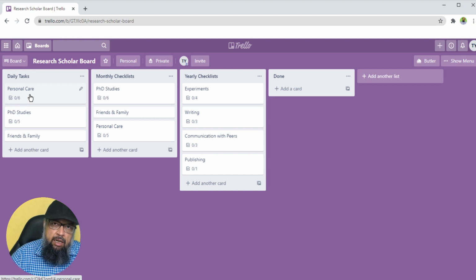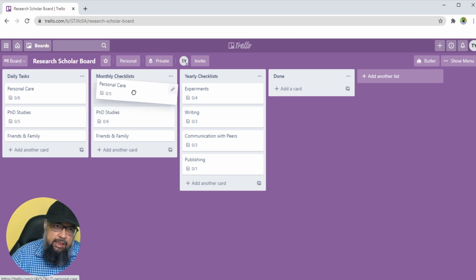You must be taking care of your personal well-being, which is personal care. There are a few things you have to do. Then you must be focusing on your PhD studies. We have this card in which there are a few tasks I am going to show you in a minute, and then you must be giving some time to your friends and family, and there will be certain tasks which you can add yourself. I have not added anything in the family and friends area. And if you want to organize your cards, you can simply drag this card so that they all look the same, and you can also drag this here, and now they all look consistent.